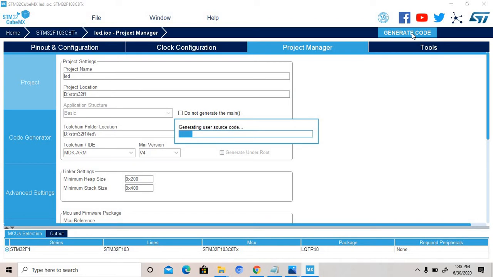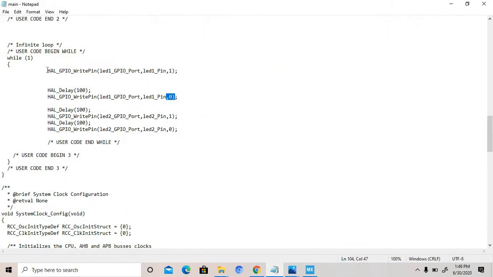This code is generated in Keil. Generating code. These are the syntax for LED, HAL GPIO write pin.